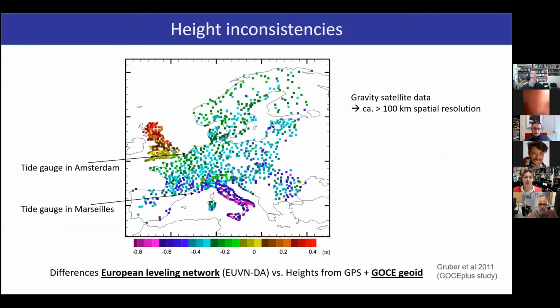And why it's important for us is actually because, first of all, it describes the water flow. To understand the global water household and also how masses are changing on our planet, think of global warming, it's becoming increasingly important. But already if we look from gravity satellite data, which have nowadays a resolution of the order of 100 kilometers, and then we compare it with gravity measurements that have been conducted on ground with classical gravimeters,